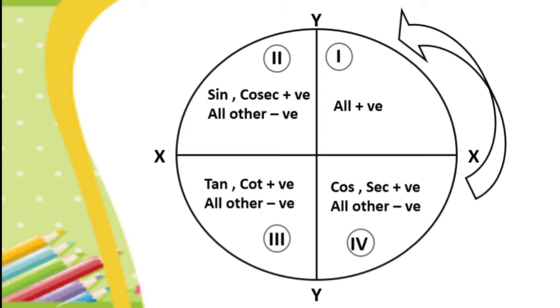Now we have to find the value of cos 0, and in this situation we have to do the comparison between quadrant 4 and quadrant 1. In quadrant 1 the value of cos is positive, and in the fourth quadrant the value of cos is the same, positive. To move from positive to positive we don't need any zero, which means the value of cos at 0 is